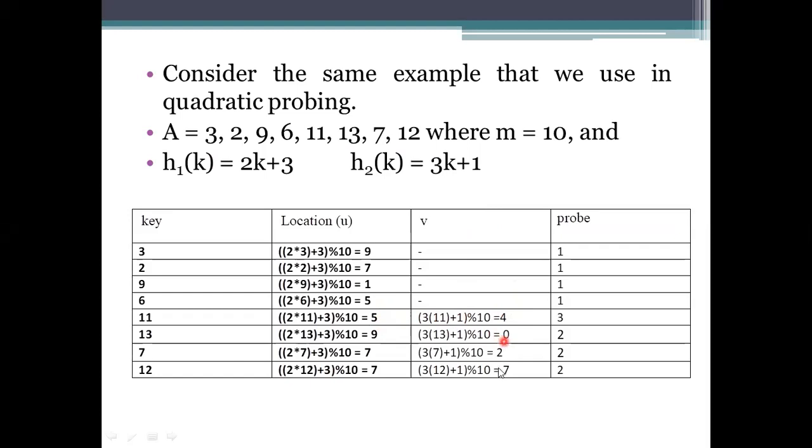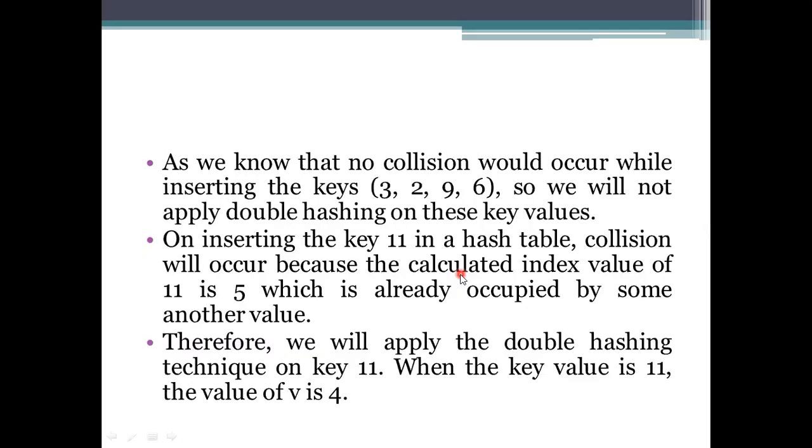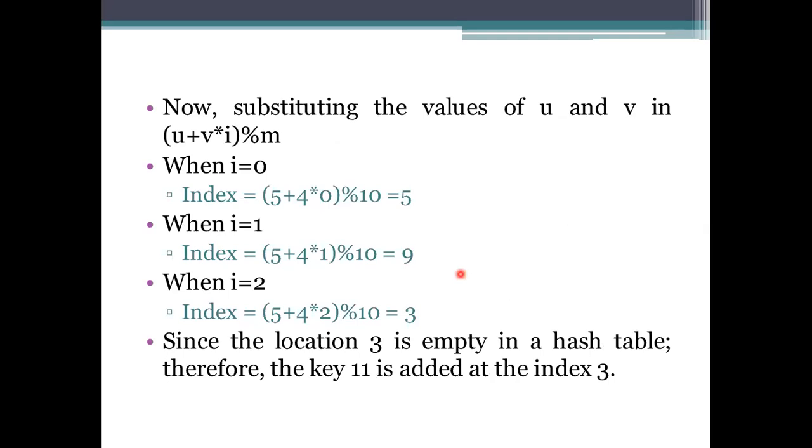If you see at this position, the 12 is not getting the value for that processing, because when you deal with the first hash function and then the second hash function, it allows taking the value which is 7 only. This is the diagrammatical, tabular representation of that. As we are inserting, there is no need to apply double hashing for 3296. The first values won't cause a collision. So when we deal with the 11, it needs further processing.